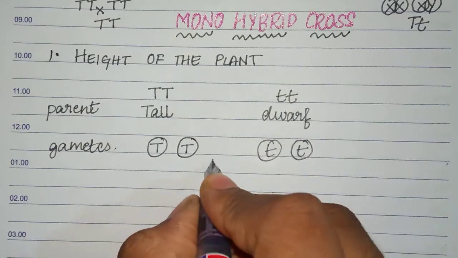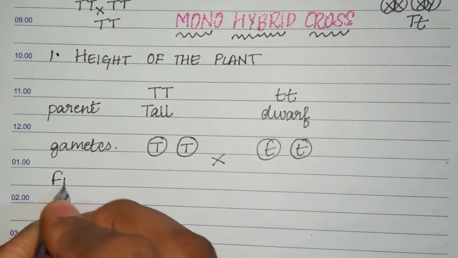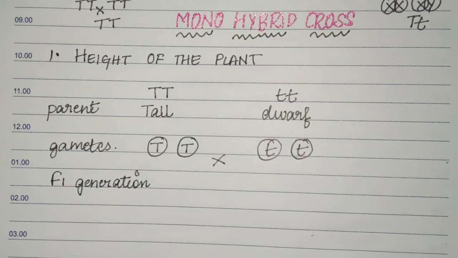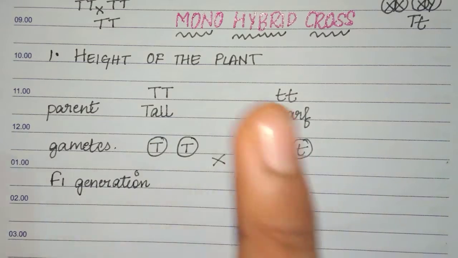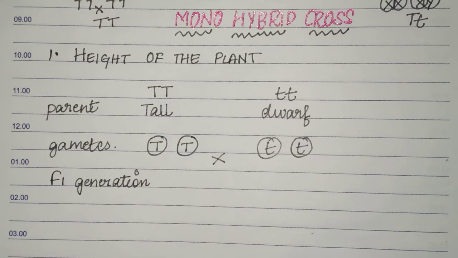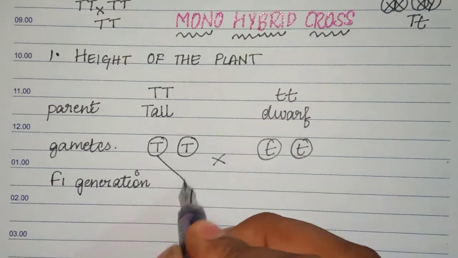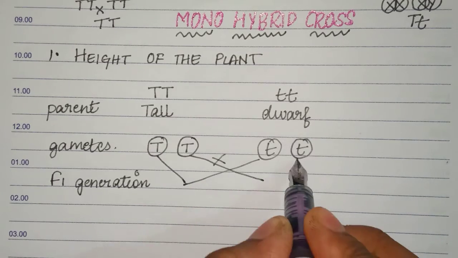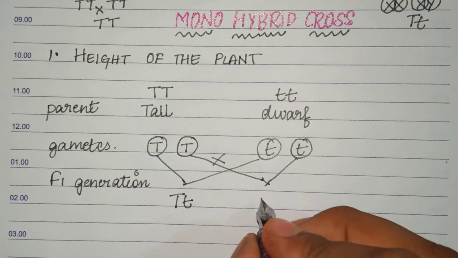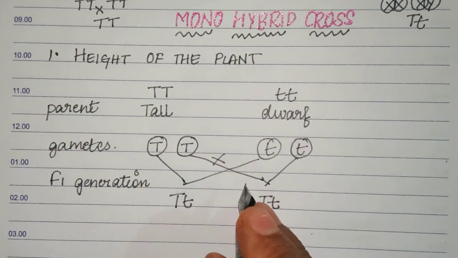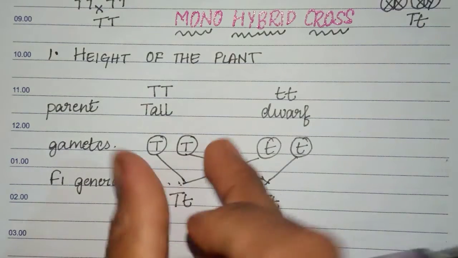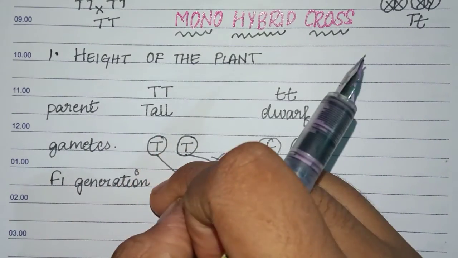Now we're going to cross these gametes and bring out the F1 generation or progeny. When you cross these gametes of the parent plants, you will get the F1 generation. You can do it using the Punnett square also, and I'll teach you about that. So you get the F1 with capital T and small t, and again capital T and small t. This is how we cross it. You should never cross the same gamete with the same gamete, so you can't cross capital T and capital T.